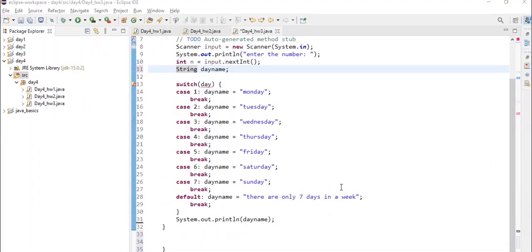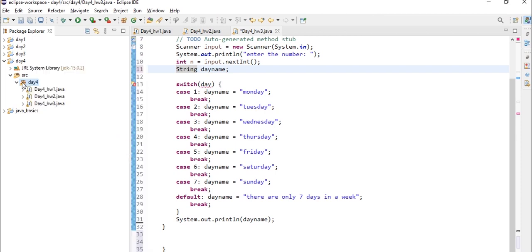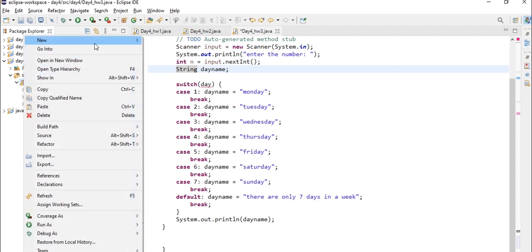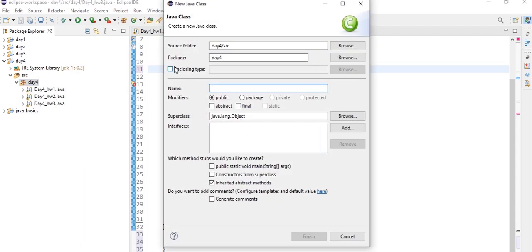So now let's discuss the first problem on loops, that is printing the first 10 natural numbers. Let's get started. Let's create a new class, and for that let's right click on the day 4 package, select new, then select class, and name it day 4 underscore question 1.